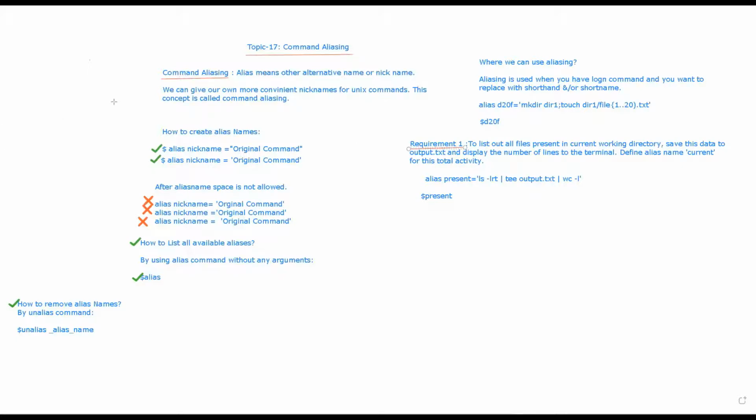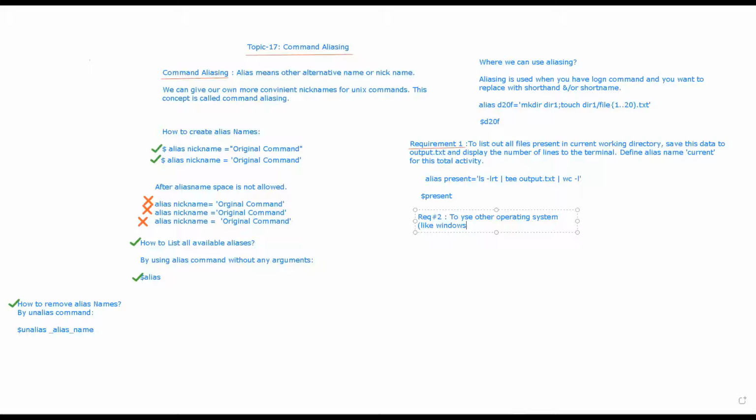Now suppose we have another requirement, requirement 2: to use other operating system commands, like Windows commands, directly in Linux.